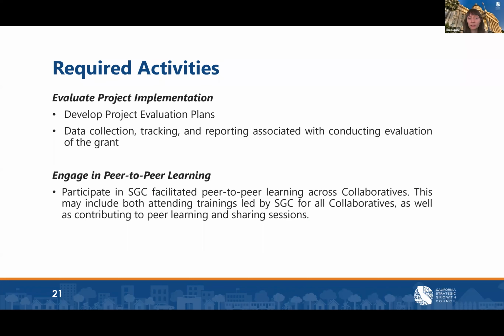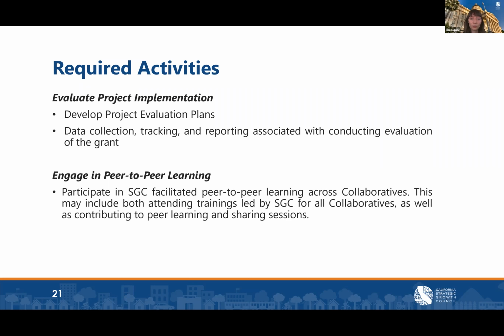These activities are related to evaluation and peer-to-peer learning, as I mentioned earlier. And so the evaluation requirements, as I talked about earlier, are that collaboratives will work with implementation TA providers to develop metrics and a data collection system to track their progress towards their goals. And so these are required activities as a part of that process.